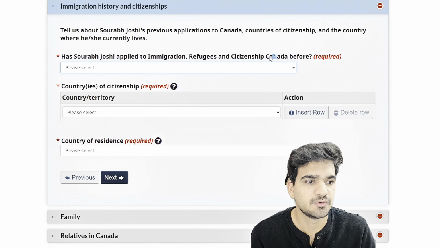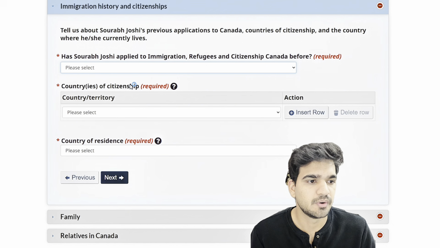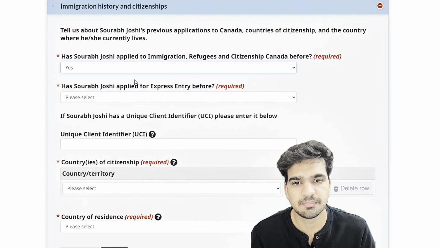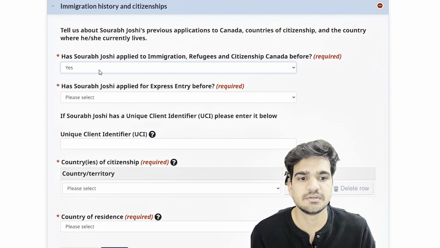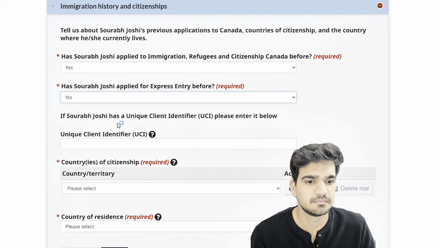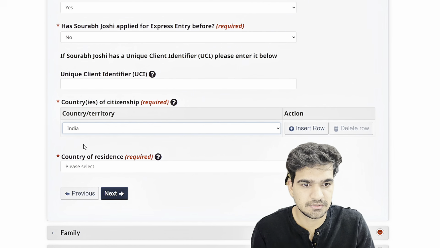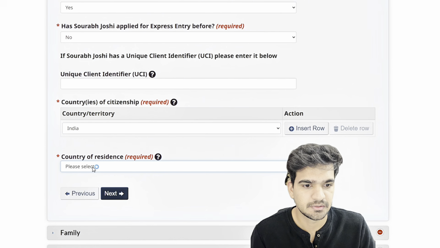Has the person applied to IRCC before? So in my case, I have previously applied for my study permit and work permit to come to Canada. So I'm gonna select yes. If you have previously applied, then select yes. If you haven't, then select no. Has the person applied for express entry before? If you have previously created your profile before, select yes, otherwise no. Now country of citizenship, I'm gonna select India. Country of residence,